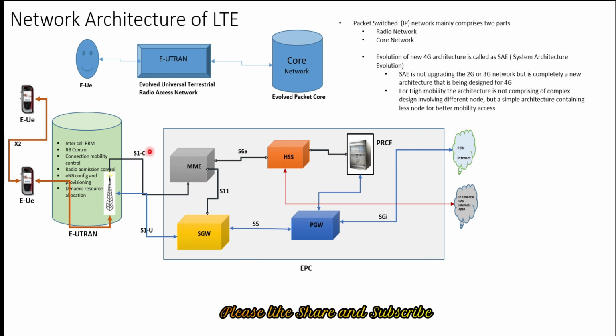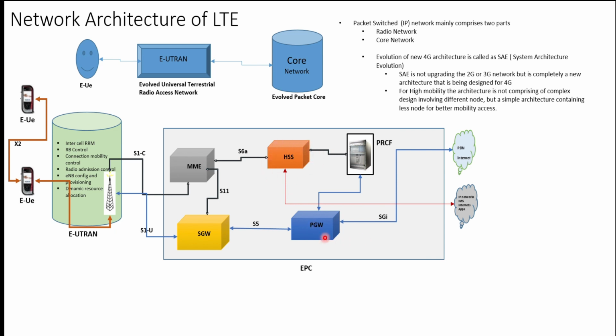And whatever this S1C is, this is the interface. This is an SS7 signaling interface, which says that S1C is nothing but S1 control plane, and likewise we have the S6A interface, we have S11, S5, and S1U interfaces. And if you broadly see, our SGW we can refer to as your SGSN, and this you can refer to as your GGSN. Here it is like MSC, but with more functions, which we will see when we cover the functions of MME, and this one is HSS. It is like your HLR.